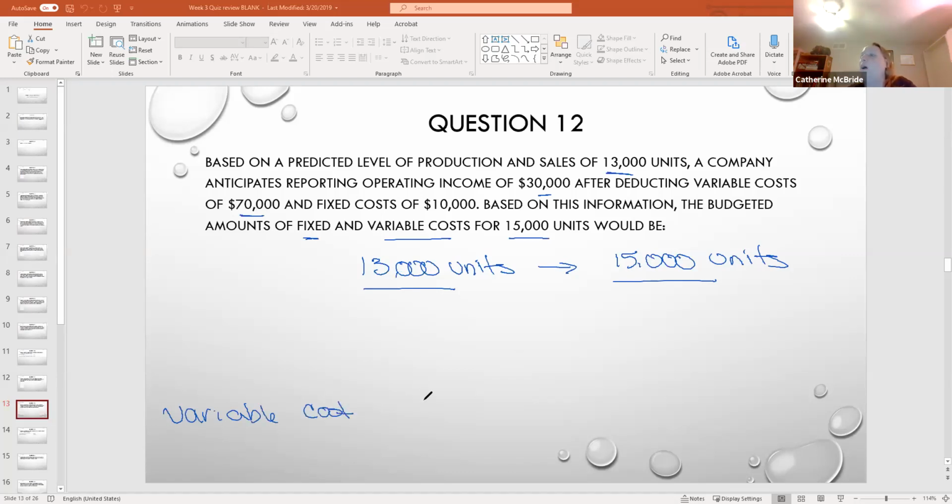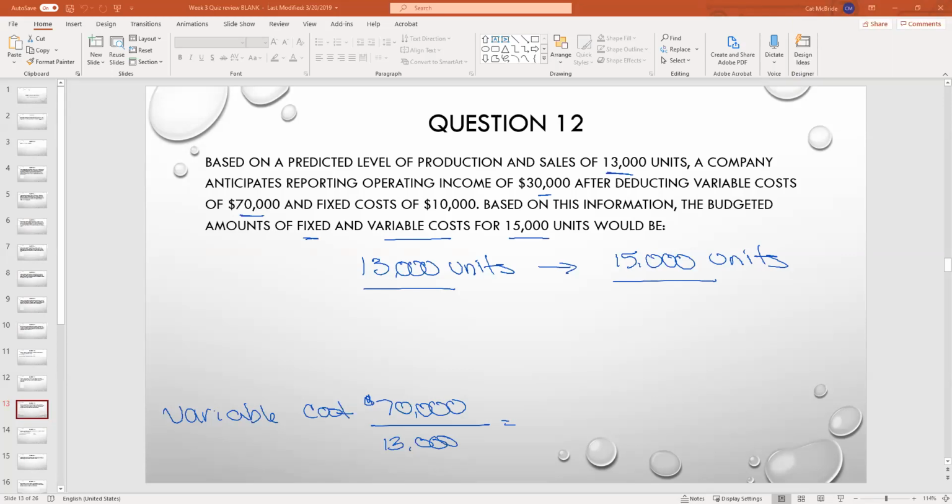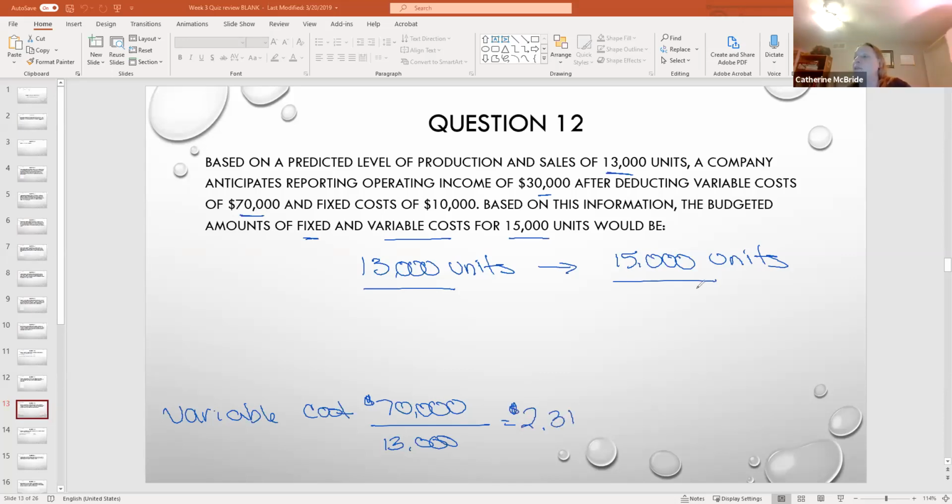If we made 13,000 units and it cost $70,000, that is $2.31 per unit. So for 15,000 units,